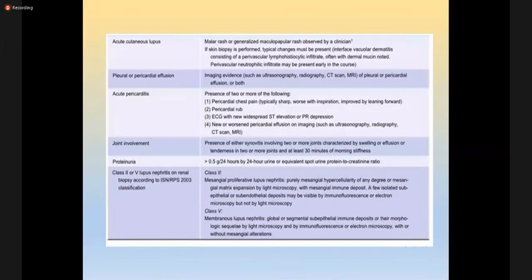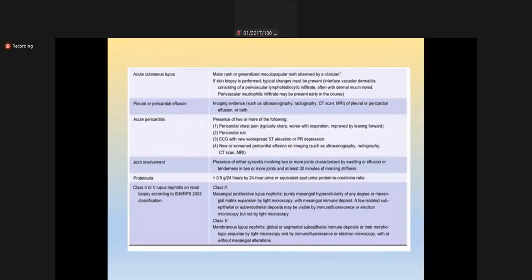When we say that SLE is involving the kidney, the earliest finding is that the patient might simply complain of frothy urine, soap bubble urine early in the morning. That means the patient is losing protein in the urine, and on a detailed urine report under microscopy, when we label that the patient has proteinuria, loss of protein in the urine, it should be 0.5 gram per 24 hours.